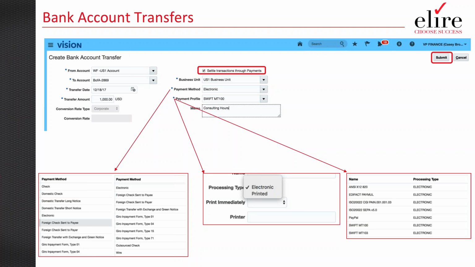When we were on the agenda slide a moment ago, we talked about how all of the payments functionality really sits within payables. So even if I'm in cash management and I'm generating a bank account transfer or any kind of ad hoc wire payment or ACH, that will go through an approval process within cash management, and then that will flow over to the payment submodule that sits within payables. So I just wanted to call that out, as this will be a recurring item that you see come up through today's presentation.